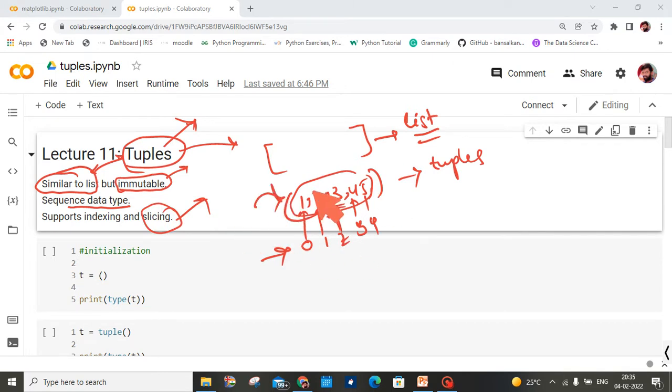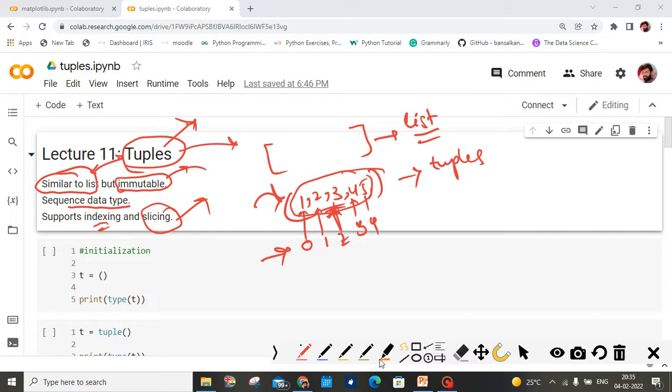We can access a single element using an index value, right? But these are immutable. What do you mean by immutable? We cannot change the value of anything.